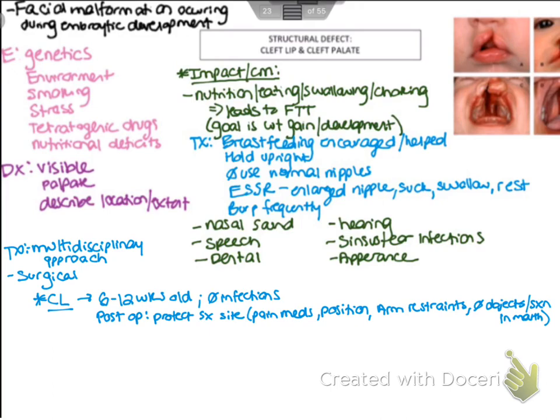We don't want to position them, obviously, where they're going to put pressure on the face or on the sutures. We need them on their back, which babies should be on their back anyways. And nothing should go in the mouth. So we don't take temperatures in the mouth. We don't use a tongue depressor to look in the mouth. We have to be very careful that nothing goes in there. No suction. A lot of times we use that little blue bulb syringe. Nothing goes in there.